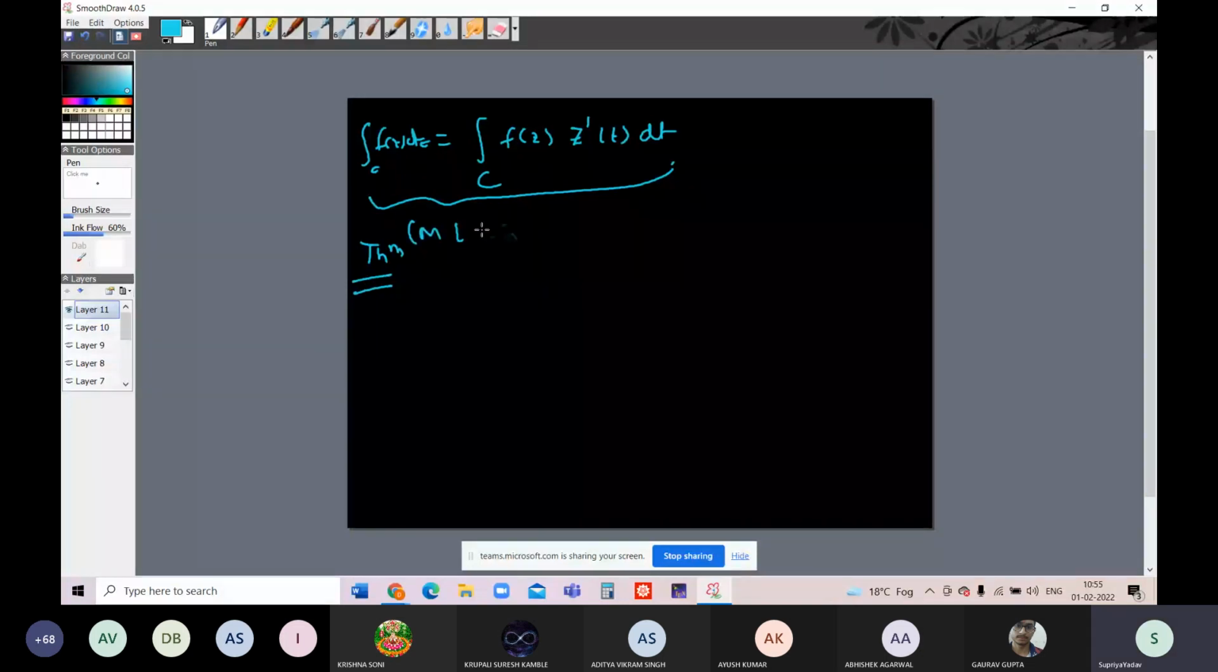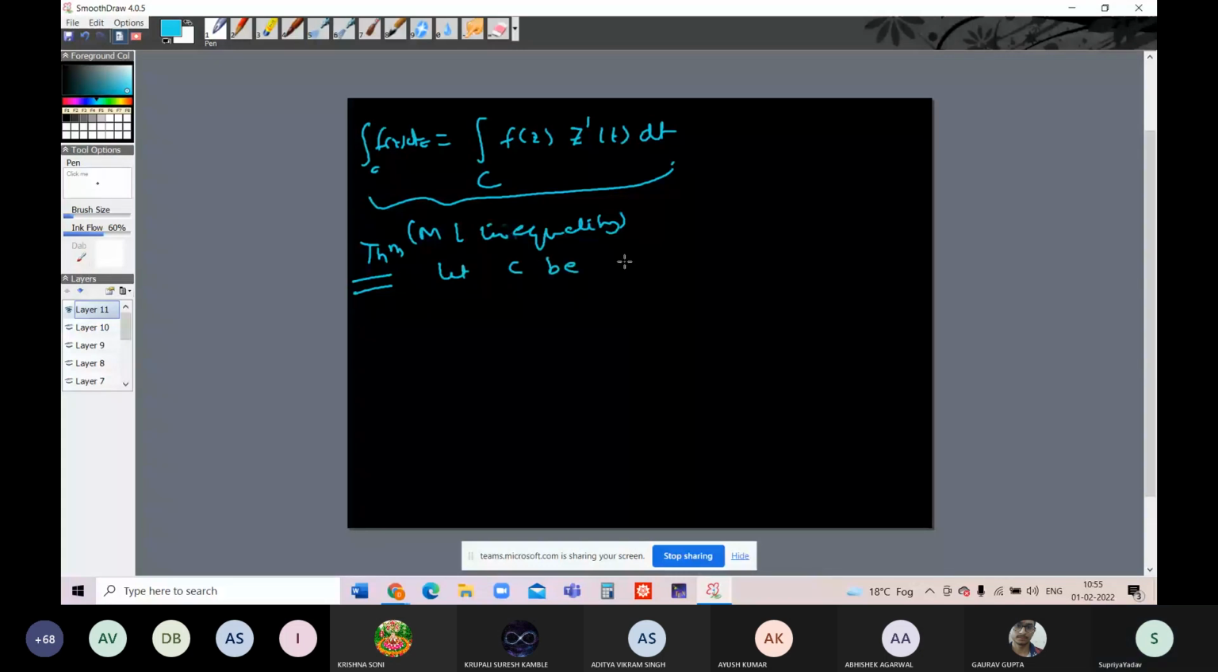ML inequality. What is the theorem? Let C be a piecewise smooth curve, defined like this. Then